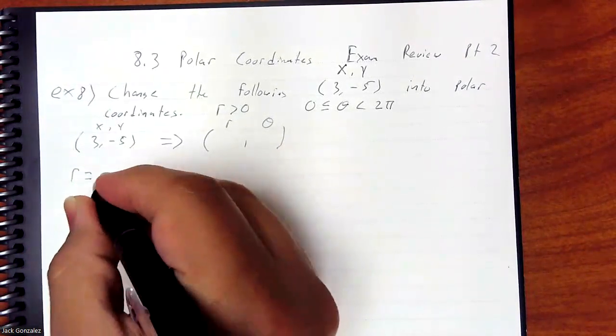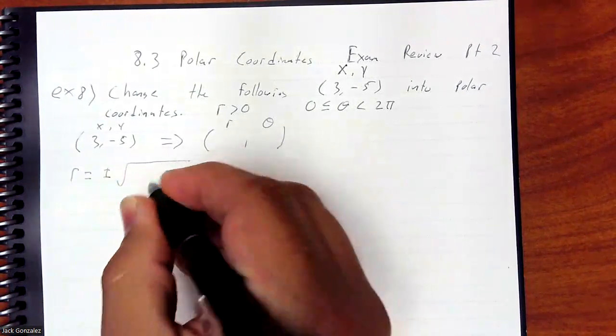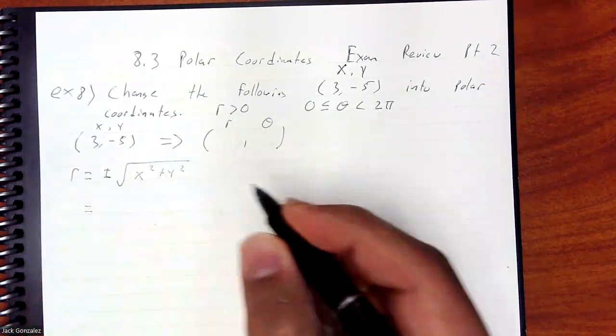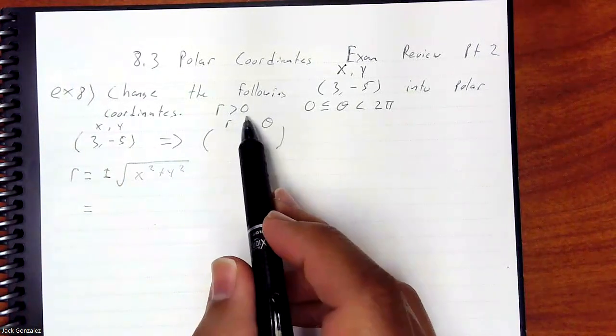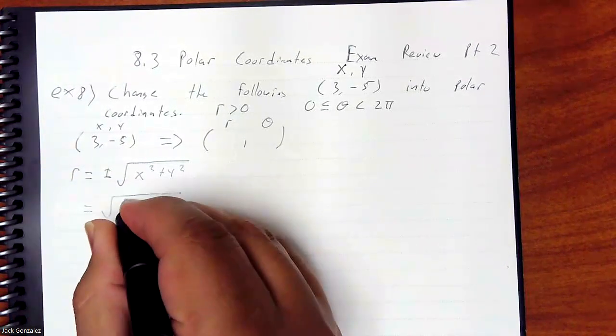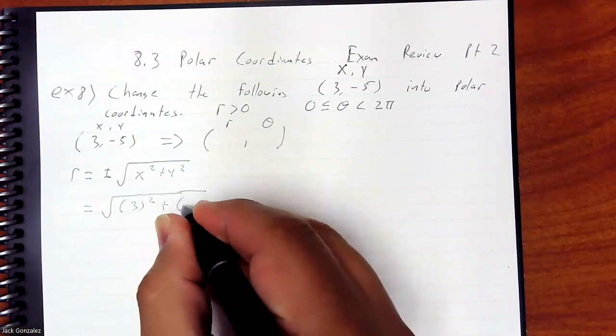So we know that R is equal to plus or minus the square root of X squared plus Y squared. Just choose the positive because they told you R is greater than 0. So plug in the X, plug in the Y,